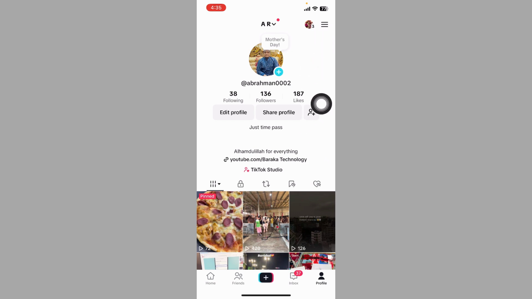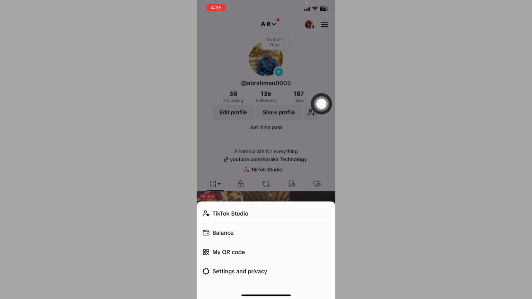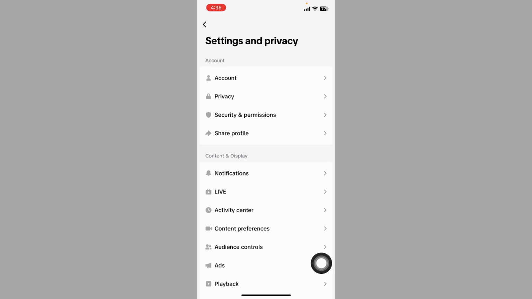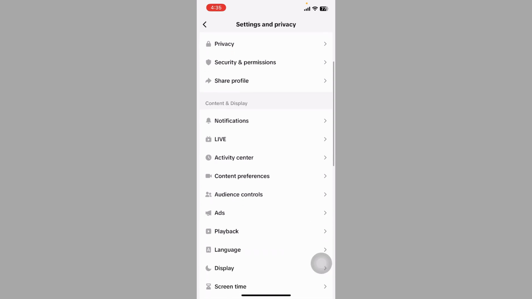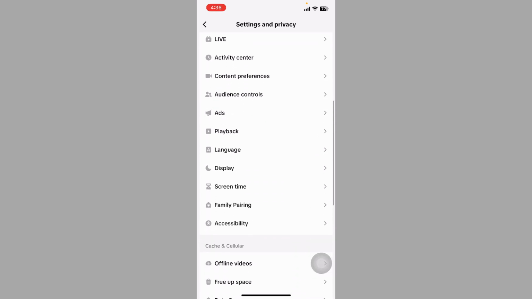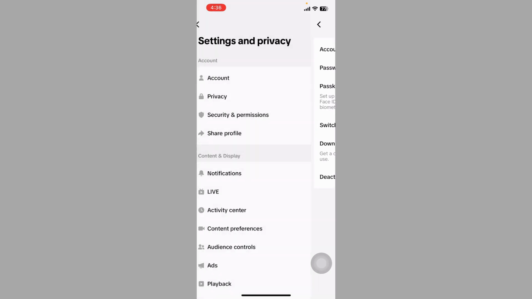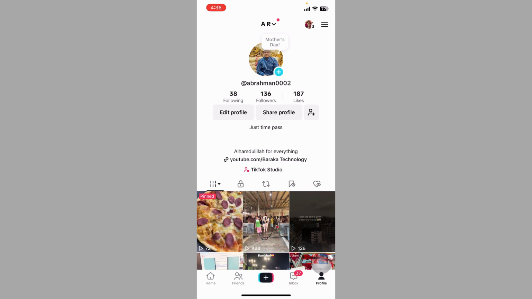and tap on three line option. Okay, and click on settings and privacy. Scroll down, tap on account. Okay, then back,